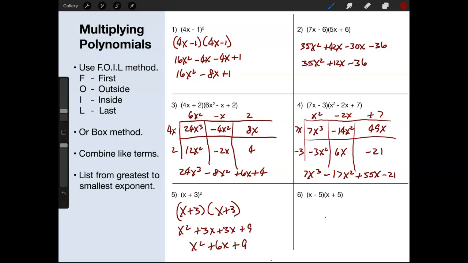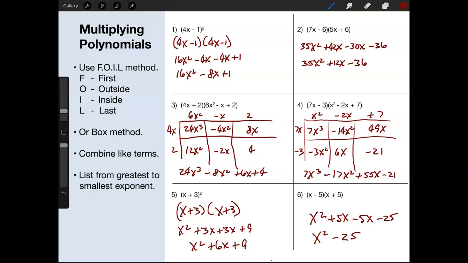And example number 6, x minus 5 multiplied by x plus 5. We do the first, x times x is x squared. Outside, plus 5x. And then inside, negative 5x. And then last, negative 5 times positive 5 is negative 25. We combine like terms, and we have x squared, positive 5x, negative 5x cancels, and we are left with